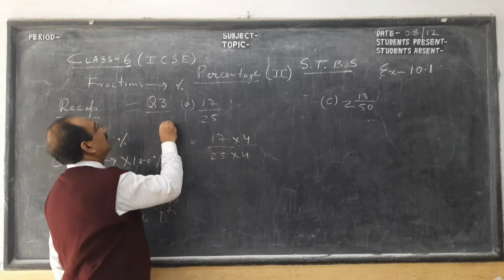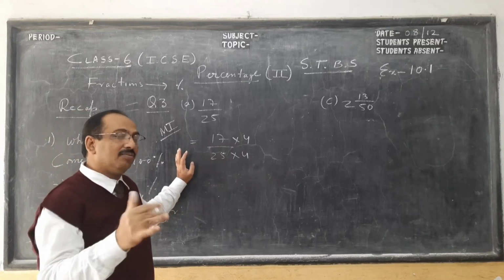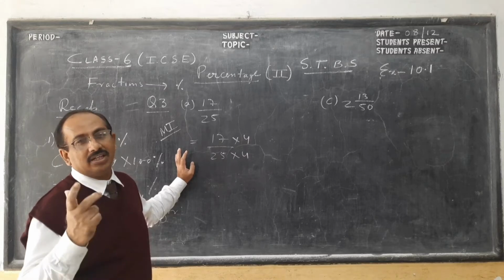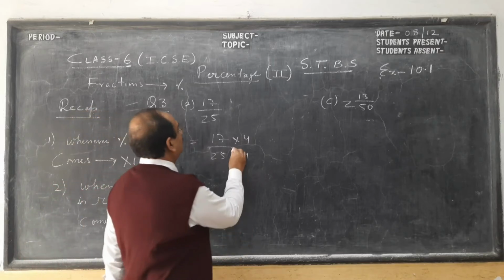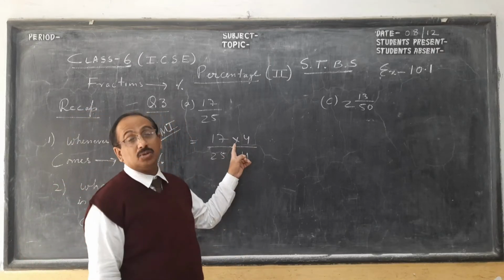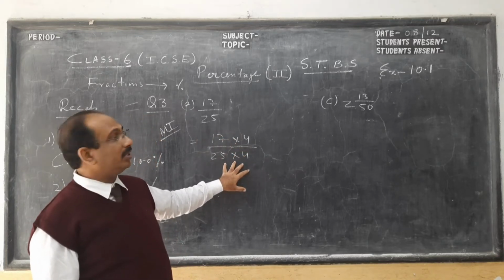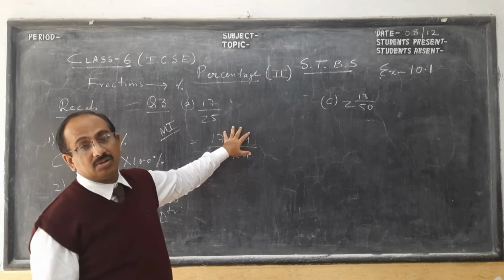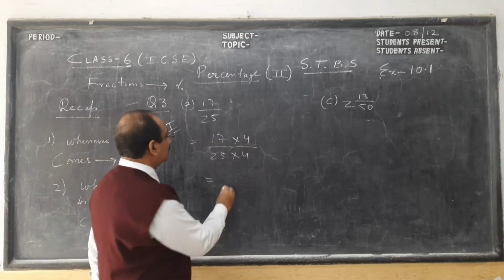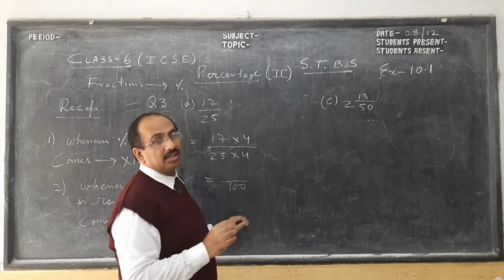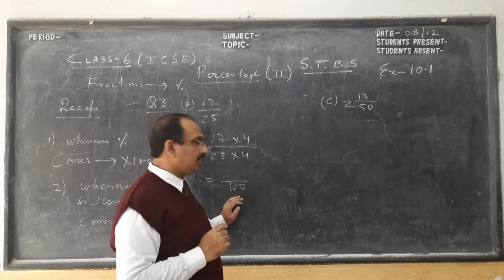Method 1, children. See, logic always is above formulae or rule, because rules and formulae everything come with logic. Maths is a collection of well-defined logic. Now you will say, sir, the denominator we make 100, why multiply the numerator? No. Any operation you do on a fraction has to be on both. If you multiply the denominator, you have to multiply the numerator also. You will say, sir, why 4? Because 25 fours is 100. We get the denominator as 100. This is the meaning, children, of percentage, whose denominator is 100.